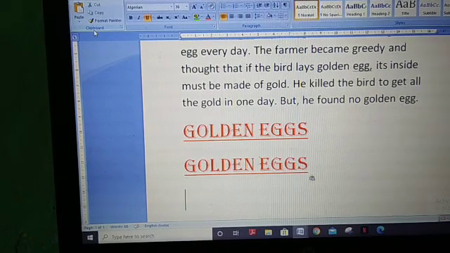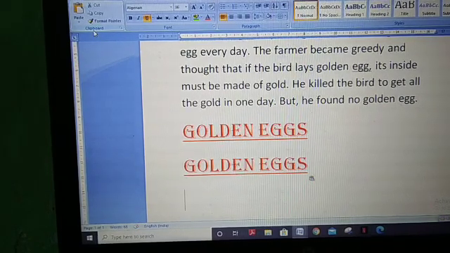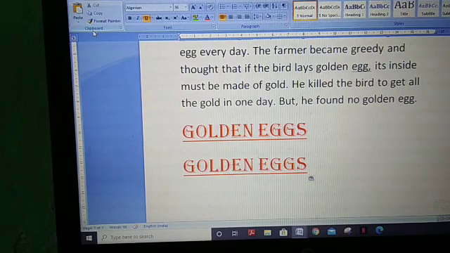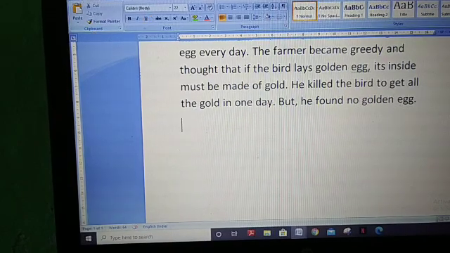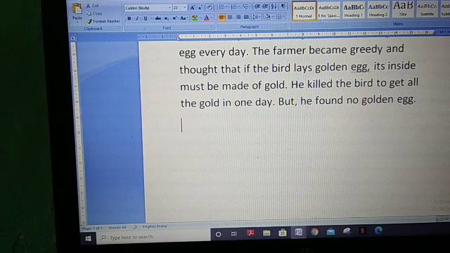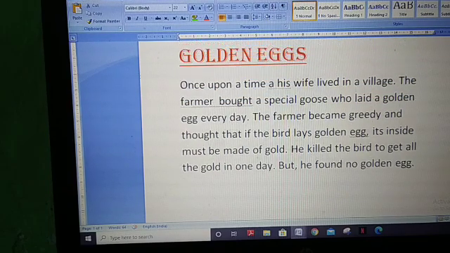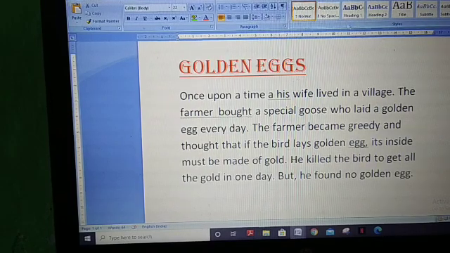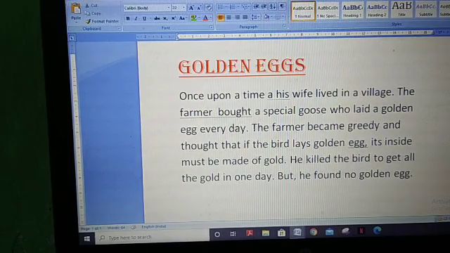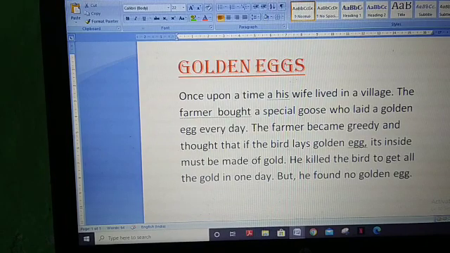Then the next topic is moving text. Text can be moved from one place to another. Now this heading is at the top of the page.